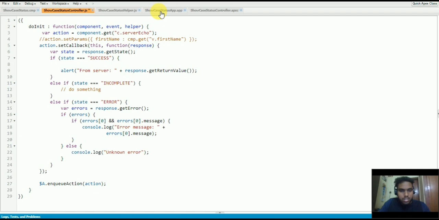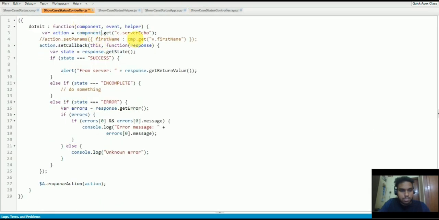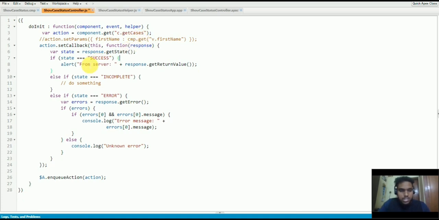Sorry. If you go back to my Apex class here, this is my method name called getCases. Just replace this server echo with getCases. That's it. So now just refresh the application here and see if you are getting the list of cases or not. So I'm gonna do one thing here, JSON.stringify